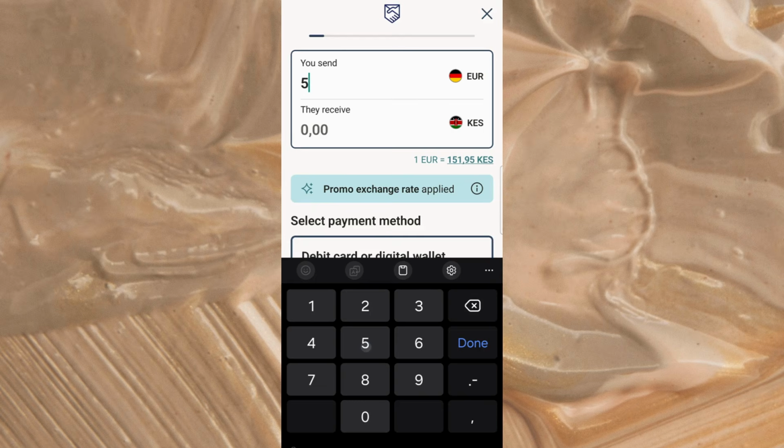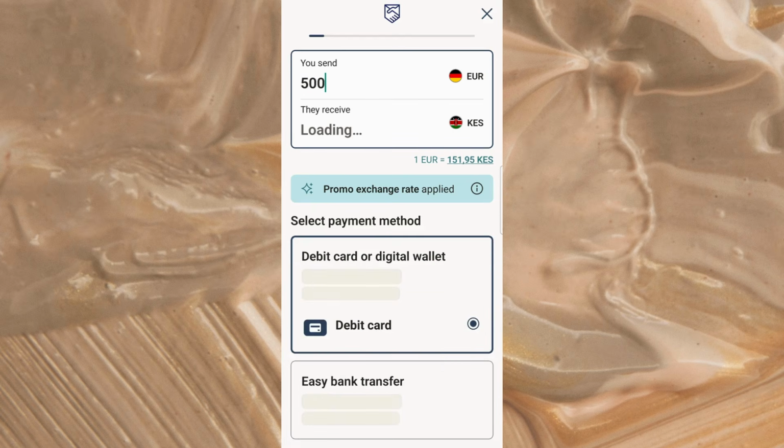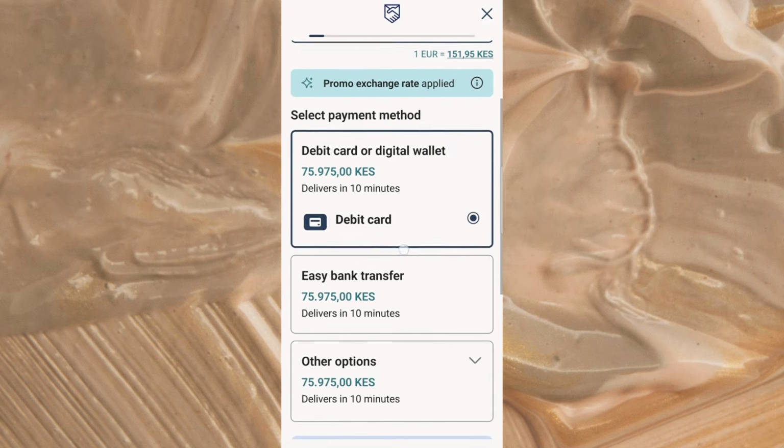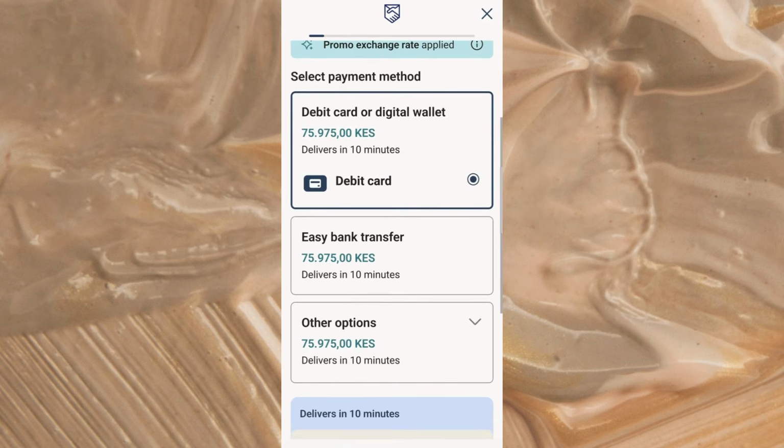As you do this, Remitly will usually show you the exchange rate, any fees, and the amount the recipient is expected to receive. This helps you understand the full cost of the transfer before you confirm it. If you're sending a specific amount so the recipient receives exactly what they need, pay close attention to the breakdown shown on the screen. After that, select the delivery method.